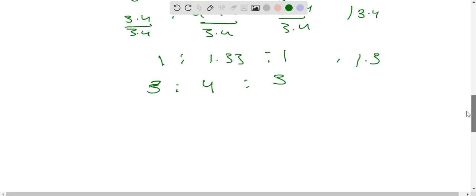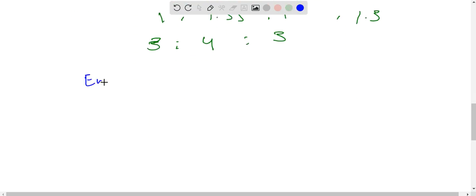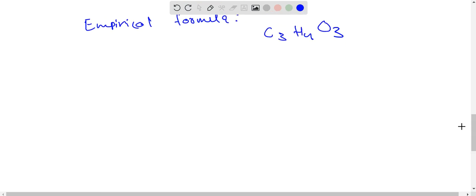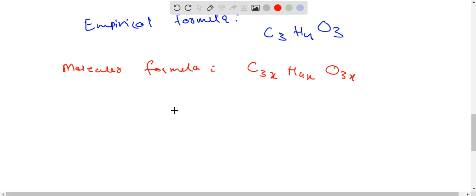So the empirical formula is C3H4O3. Now let the molecular formula be equal to C3x H4x O3x. We have to find the molar mass of this formula, which will be equal to